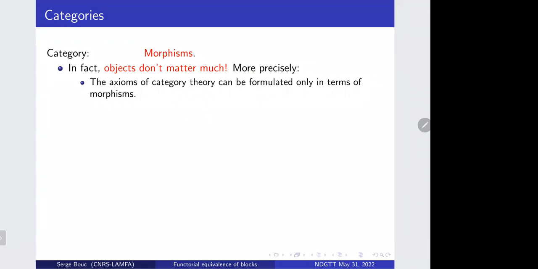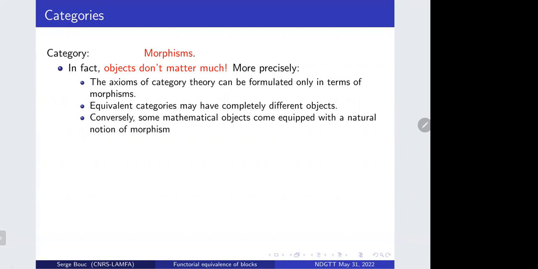The second argument is that there are equivalent categories, so essentially the same category from our point of view, which may have completely different objects. And there is a famous example that I could maybe develop at the end of this talk if you're interested. And on the contrary,